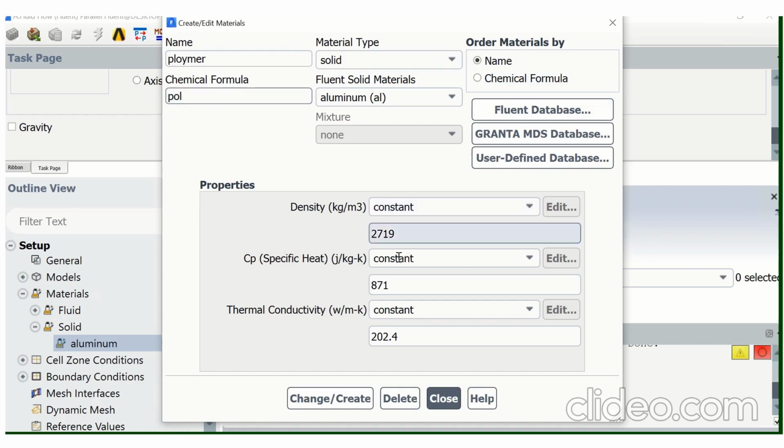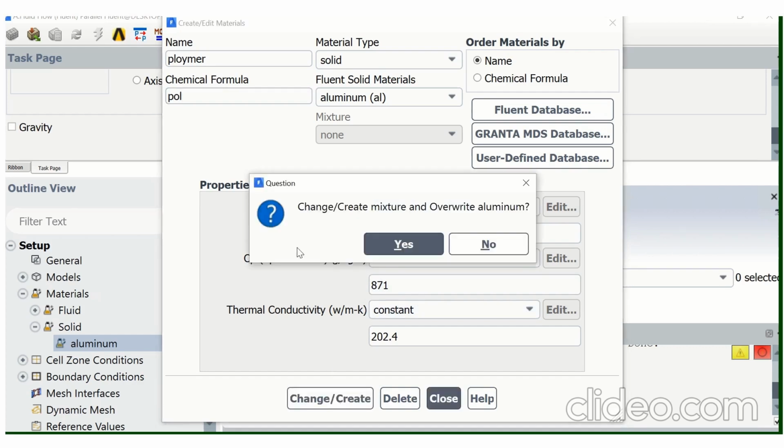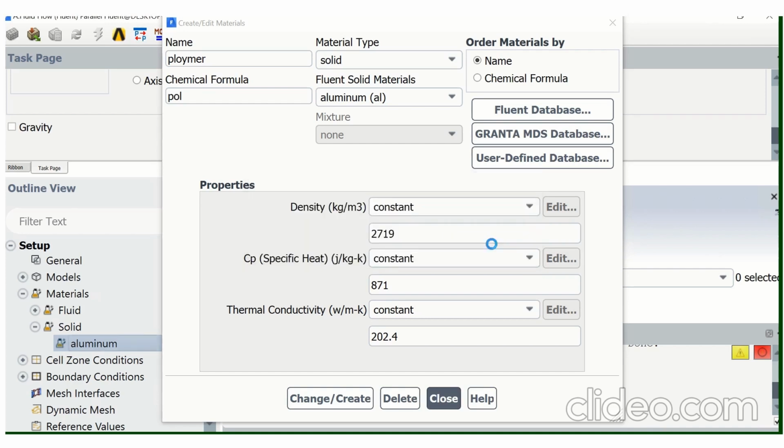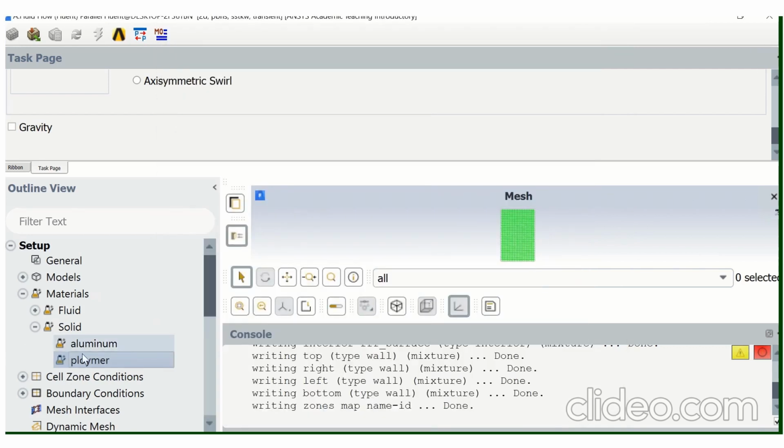I'm not changing the properties for the time being, but you can change the properties based on your requirement. Then click on create. They ask whether to change, create, mix or override the aluminum, but we want to create a separate property for polymer, so we click no. Then we click close. So one more material is added, which is polymer.